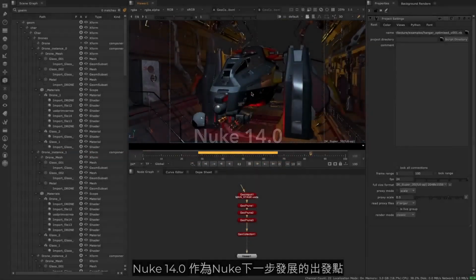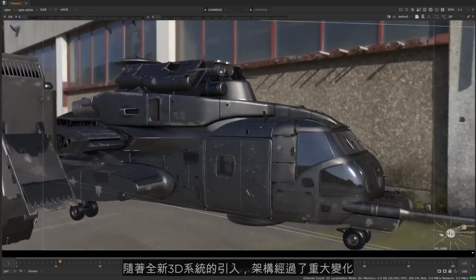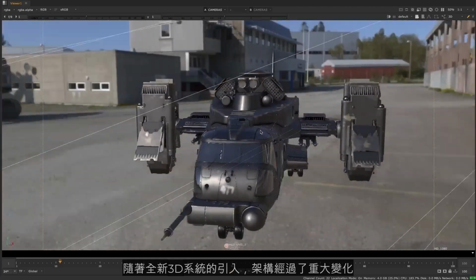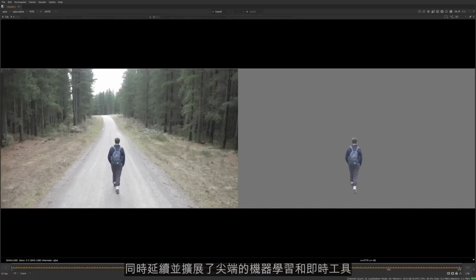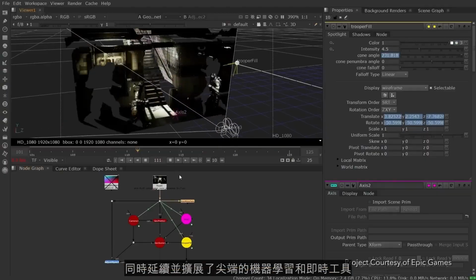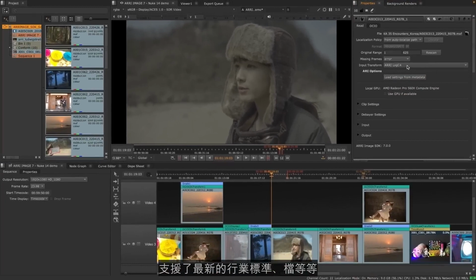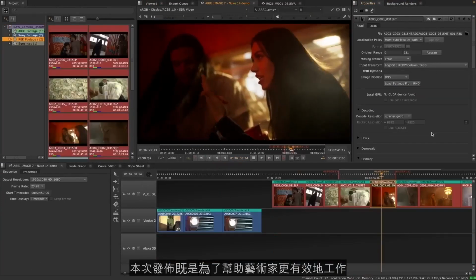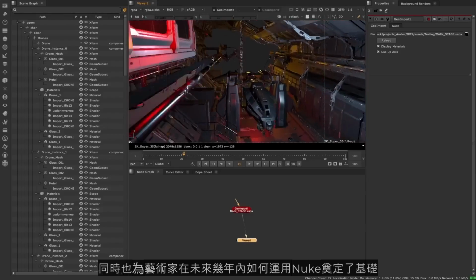Nuke 14.0 is the starting point for the next evolution of Nuke, with a major architectural change with the introduction of a brand new 3D system, the continuation and expansion of cutting-edge machine learning and real-time tools, support for the latest industry standards and files, and much more. This release is all about helping artists work more efficiently and laying the groundwork for how artists work with Nuke